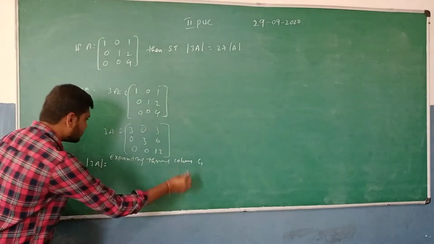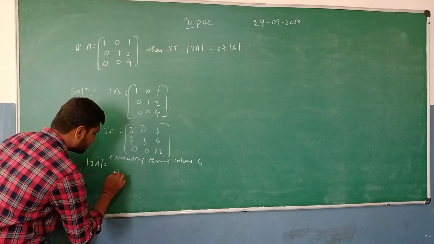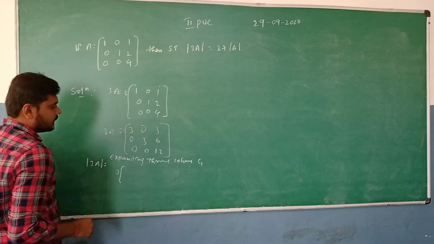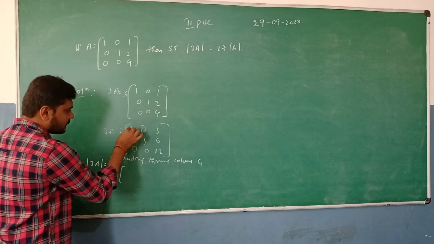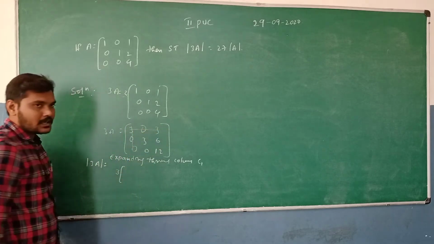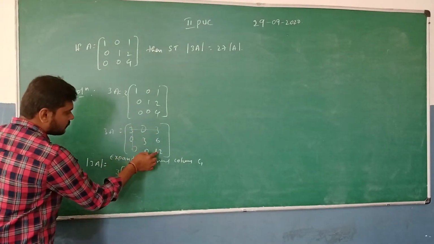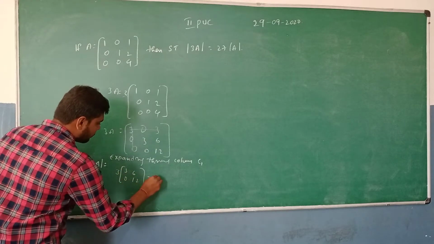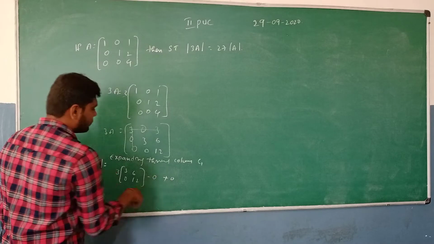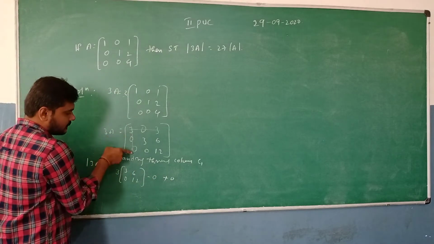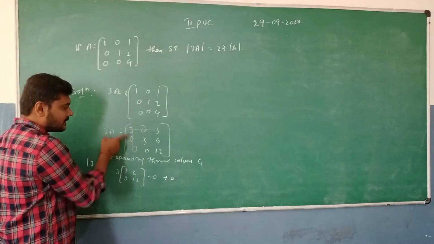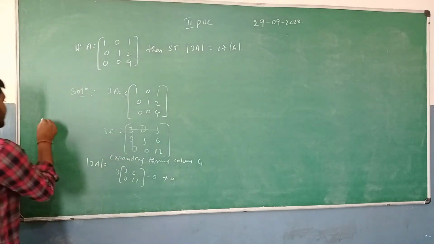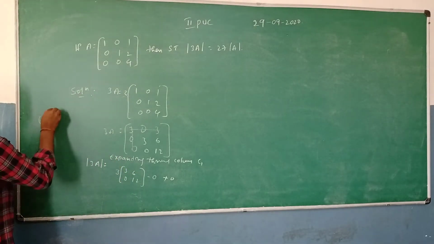So then it's going to be 3 into, neglecting the corresponding row and corresponding column, the minor 3 into the determinant of 3 6, 0 12. Next one is 0, with minus 0 or plus 0 here, so it's going to be minus 0 and plus 0. We need to understand the signs here. I already told you about the sign, that's going to be minus 1 to the power of i plus j.